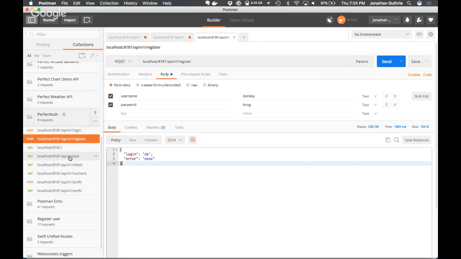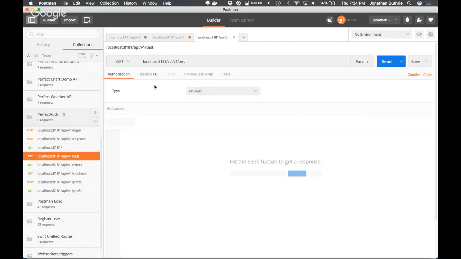Now, I'm going to show you that test route. This one is using the authorization bearer token methodology. It means we have an authorization header with the word bearer, a space, and then the token. It's a standardized methodology for authentication.